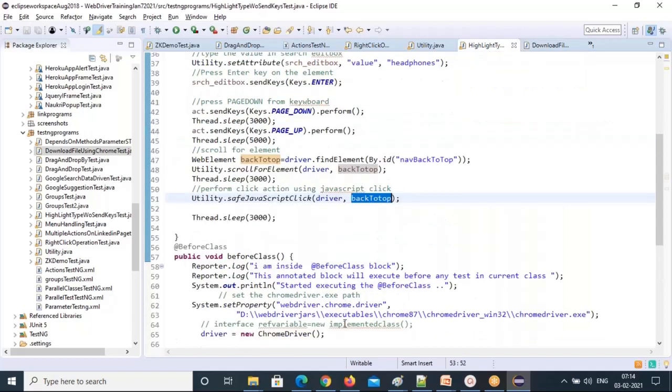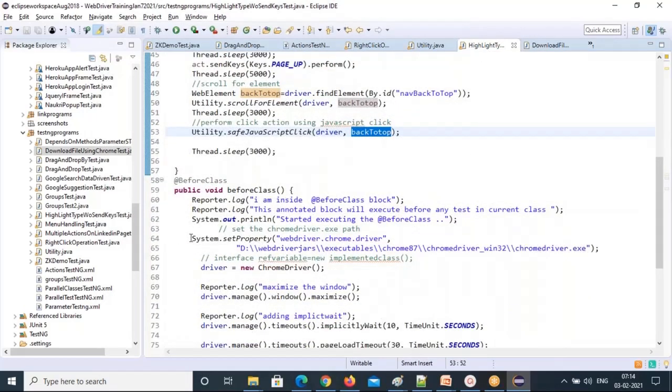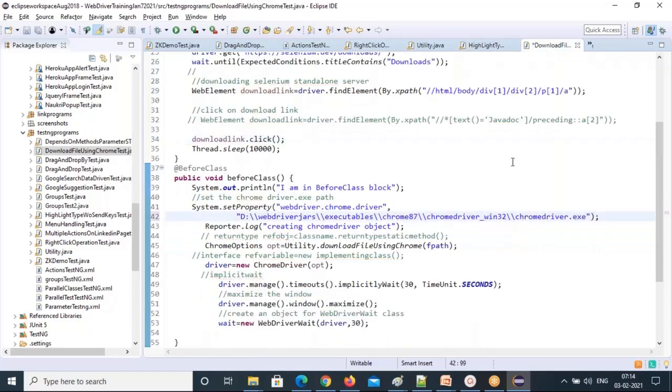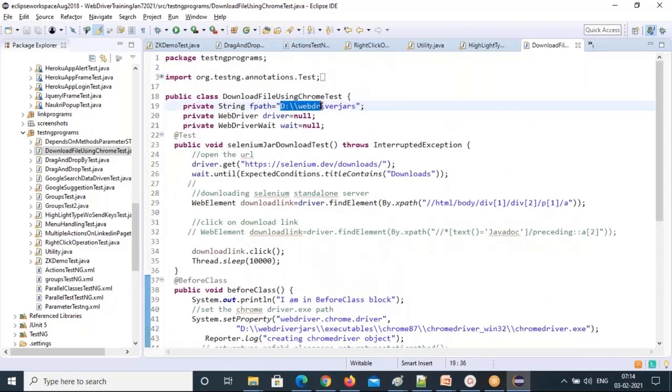So let me take the Chrome exe path. Now I'm calling my Chrome options method, utility.downloadFileUsingChromeBrowser, and a path. In this path I'm downloading, the WebDriver jars folder you're giving, right?